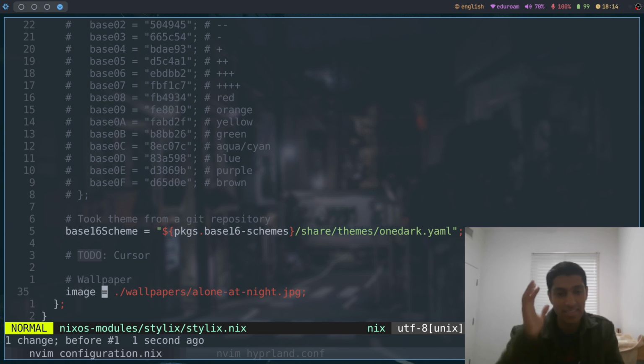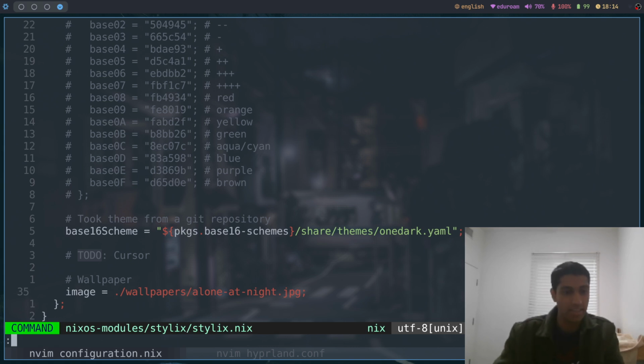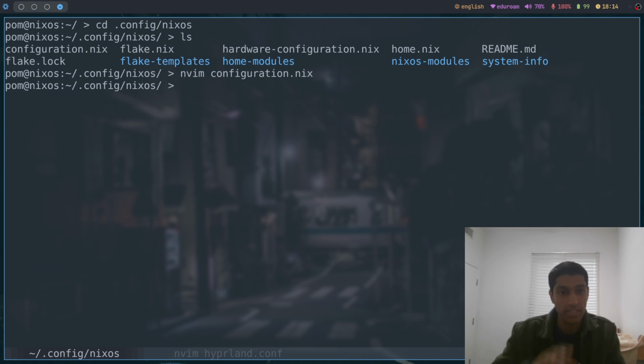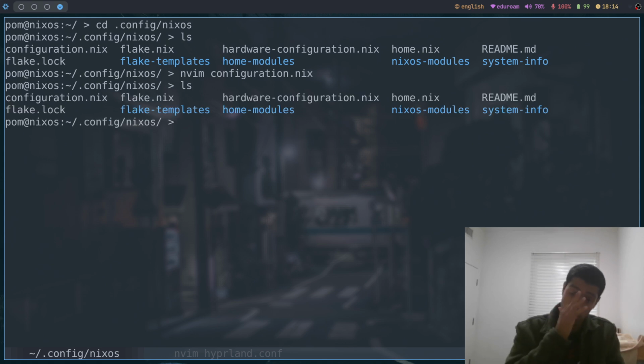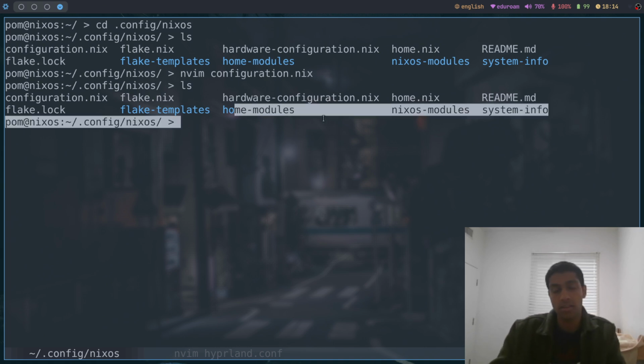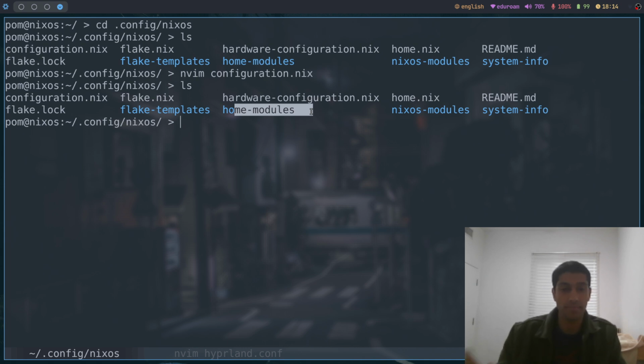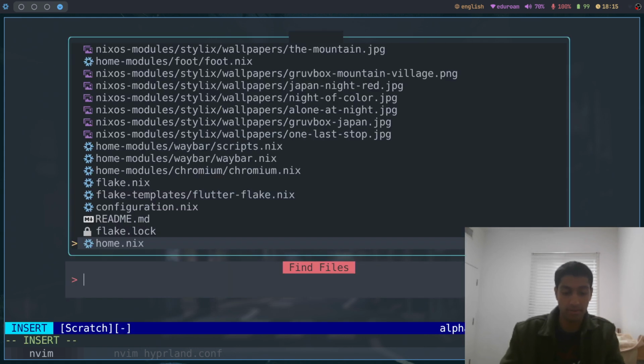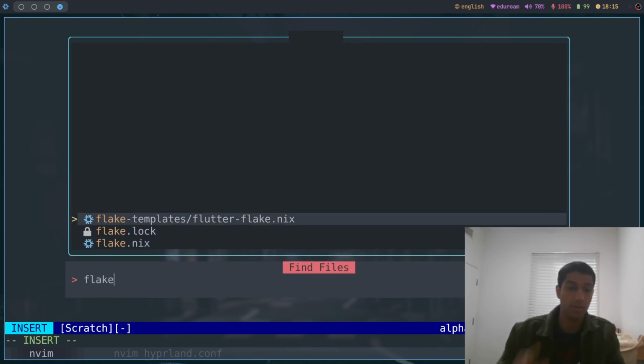Now, development is... okay, here, let me show you. Let's quit out of this. You can see in my NixOS directory, I've got a few things. I've got the basic configuration, home modules where I configure things like Hyprland, NeoVim. That's where I would edit them and configure them. But then I've got something called Flake templates. Now, Flake templates, if you go into here and let's find Flake templates,